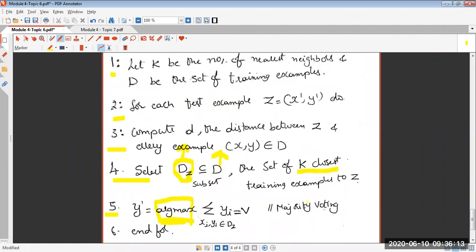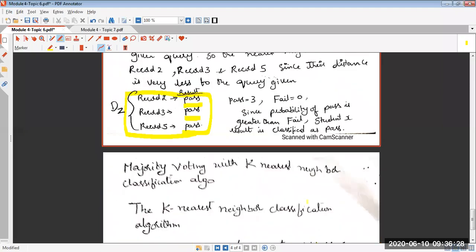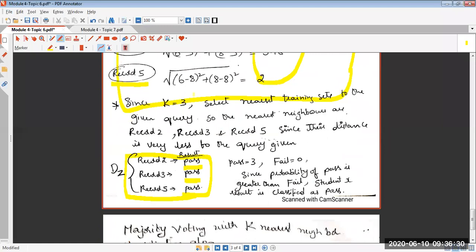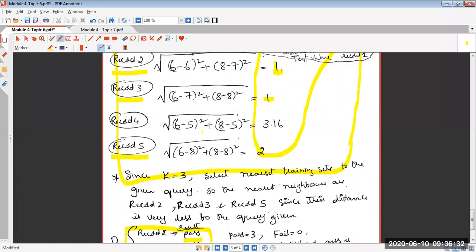Because practice is the only thing that can ensure clarity. Just listening in one iteration and keeping it aside will not ensure clarity with respect to what is being discussed. Try to explore further in the textbook also. So this was topic 6, where we understood the nearest neighbor classifier with a problem and algorithm. Next, moving to topic 7.